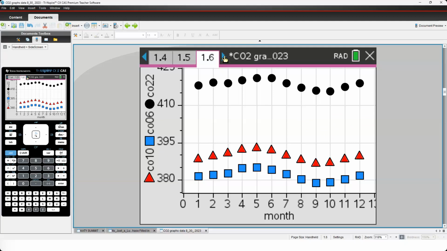What do you notice here? We can pretty much assume they're probably all sine waves, but there's something that's pretty interesting here. I think anyway. Increasing levels each year. Great, great.